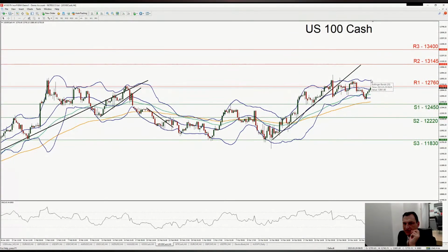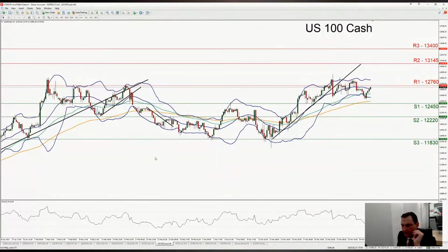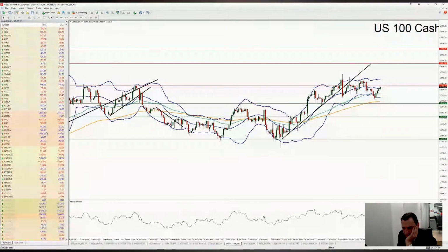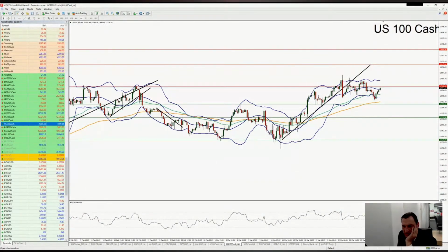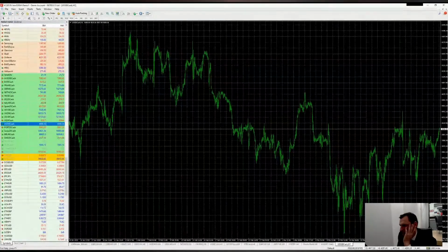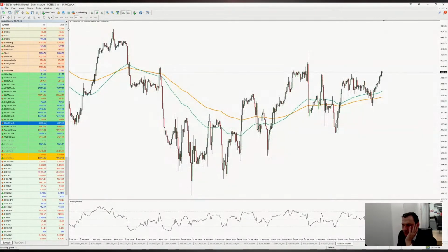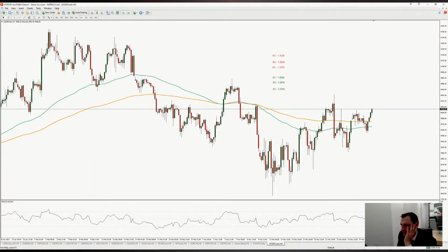And I can see from your comments that you would also like to see S&P 500. Okay, allow me to create it. Give me a sec, please. So I'm choosing US 500 cash. Let's also load up the template to make things more visible. Forward chart. Zooming in a little bit. Okay, we have a quite interesting chart here. It's a very wide sideways motion, but